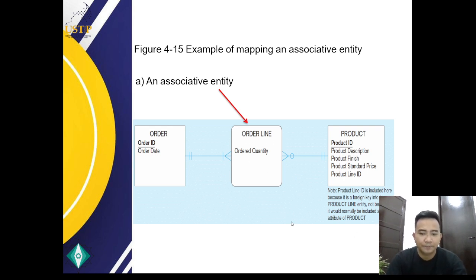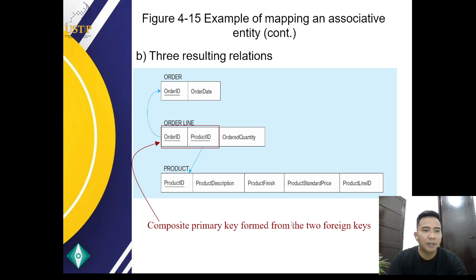Next we have the three resulting relations. This shows the three resulting relations after the mapping process. The order, order line, and product relations remain unchanged from the previous examples. The key point here is the composite primary key. The order line relation has a composite primary key, since it has multiple attributes.